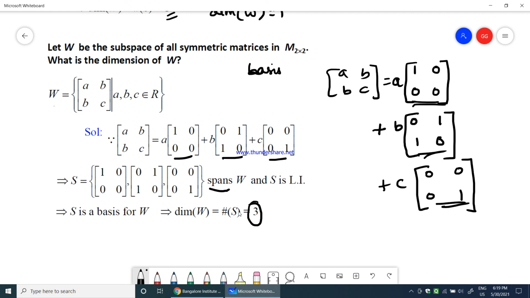I hope all these 4 problems, including column space or row space in the first problem which I did, that I've worked on basis and dimension, made you understand what a basis is and what the dimension is that we see in a vector space. I hope my videos are very clear to you, so that you can understand the concepts in a much clearer manner.